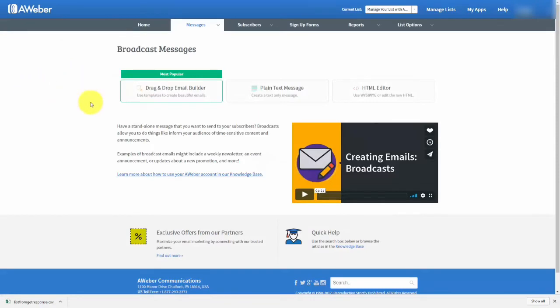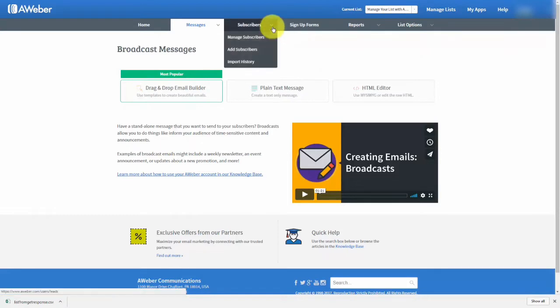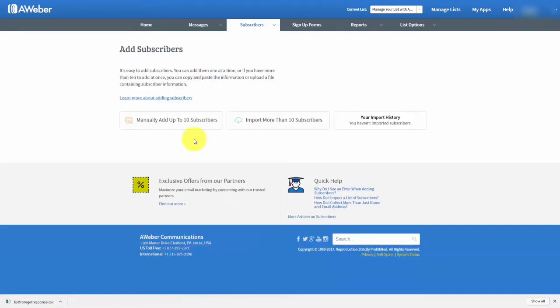What we're going to do is import that list in the CSV file into the list that we have just created inside of Aweber. We can do that by going to the subscriber area, and then clicking add subscribers. We're going to take a look at this button that says import more than 10 subscribers. We're then going to click this button and then grab the file that we